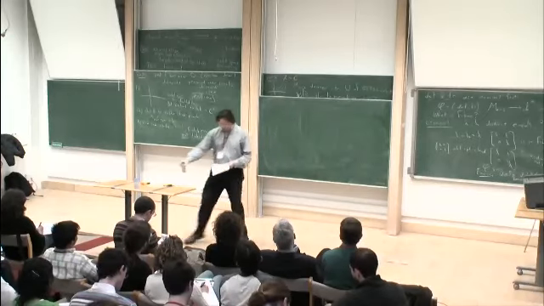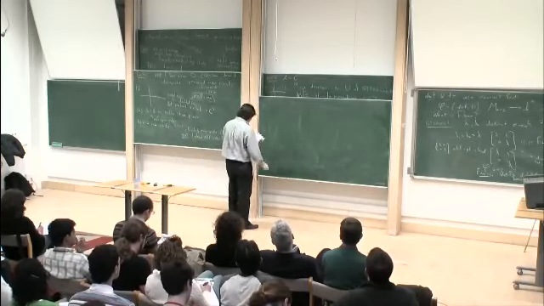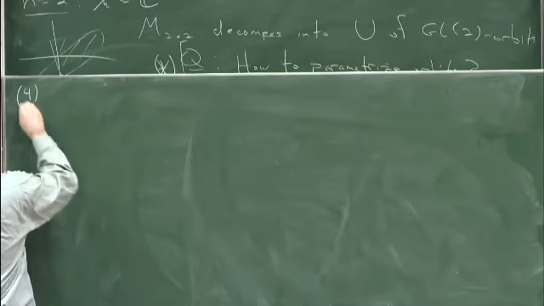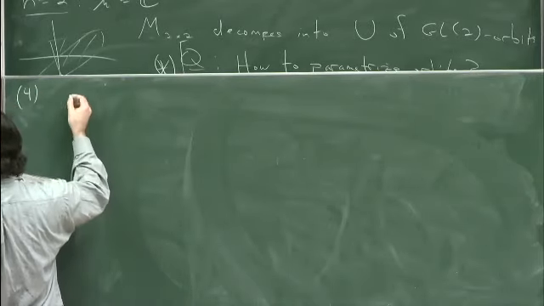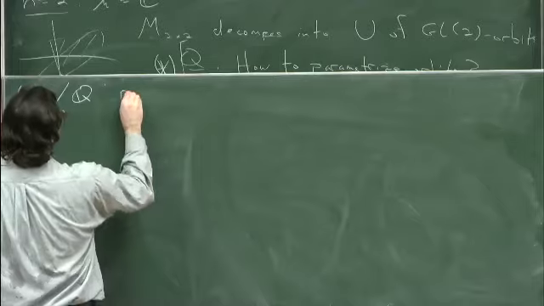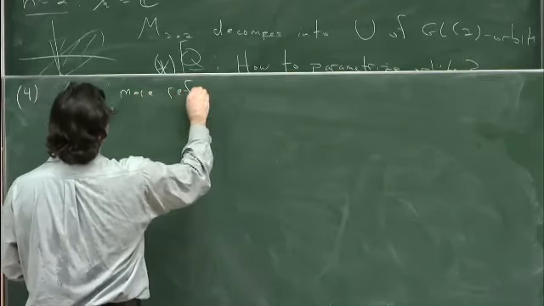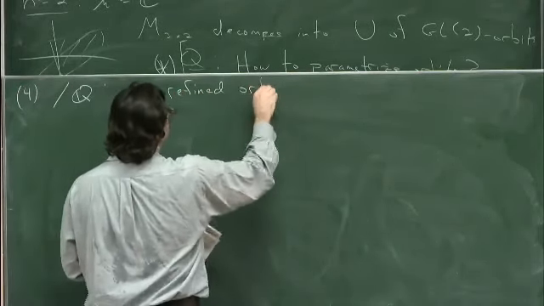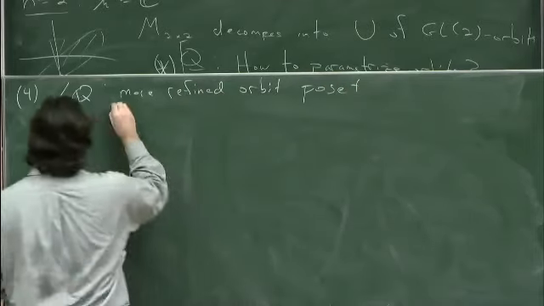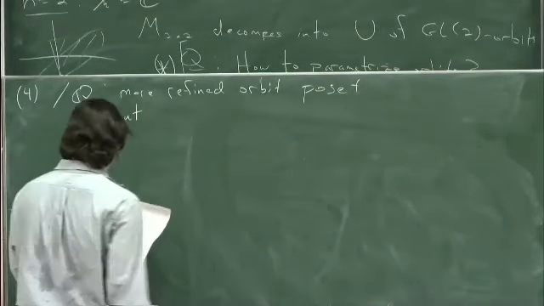So somehow, this is independent of arithmetic information of that sort. So this is 3, this is 4. So over Q, for instance, still,